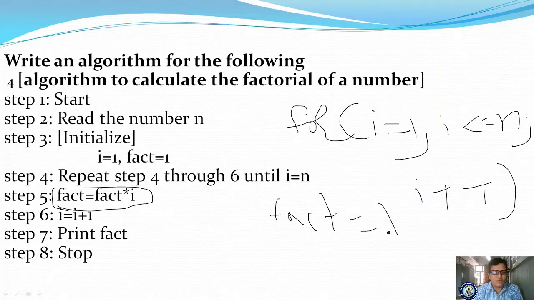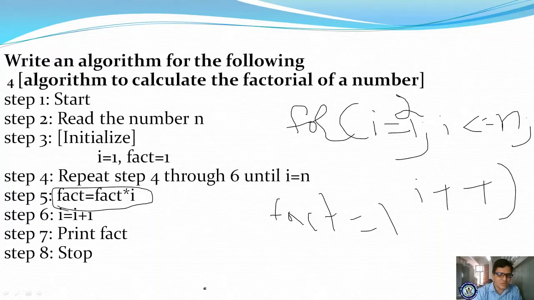Right. Afterwards, where will the control go? It will go to the incrementation i plus plus. So we have to repeat step 4 to 6. Now what is the new value of i? The new value of i is 2. 2 less than or equal to 5, the condition is true. Once again it will enter here.